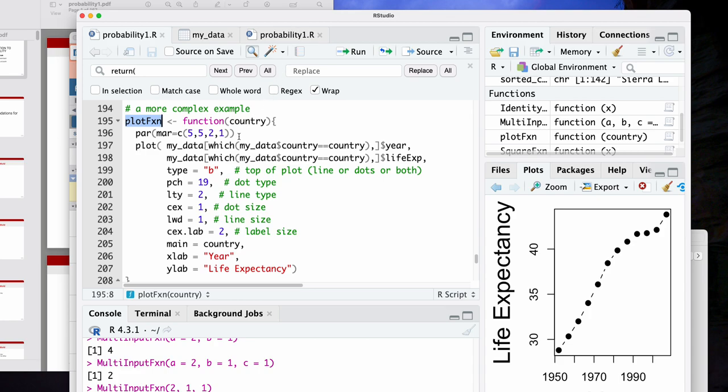So we want to make your life as easy as possible. Since life is short, as we mentioned, and we need to really get through this as quickly as possible. So I've written a plotting function. Let me know if you have questions about it.